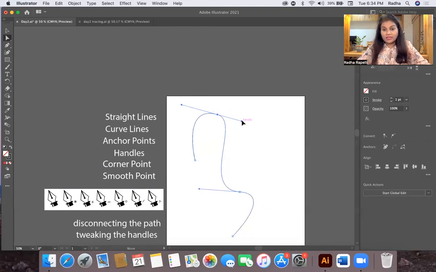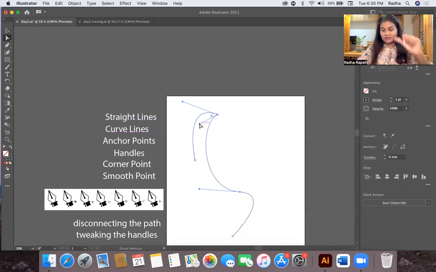Okay. So in that case, what you can do is just use the Alt key, or the Option key if you are using a Mac, and move this handle. See this? You can move that handle. Alright, so this becomes a cusp. Cusp means you can move one handle at a time when you use the Alt key while using the direct